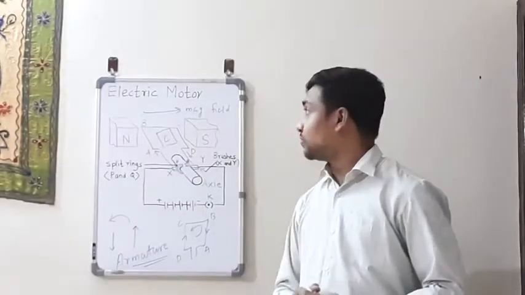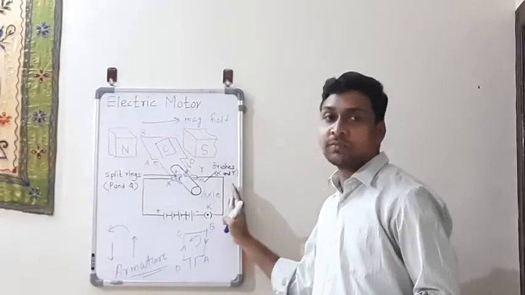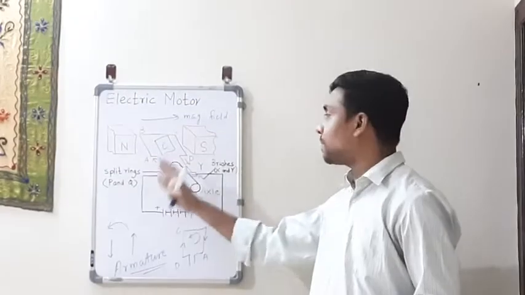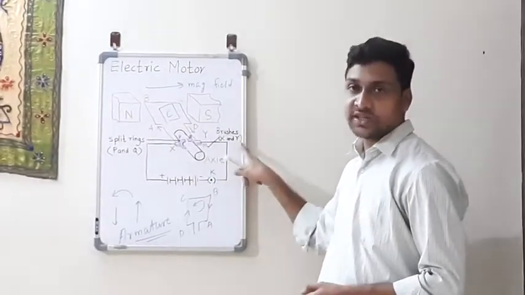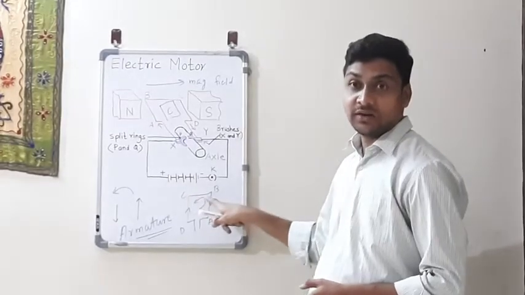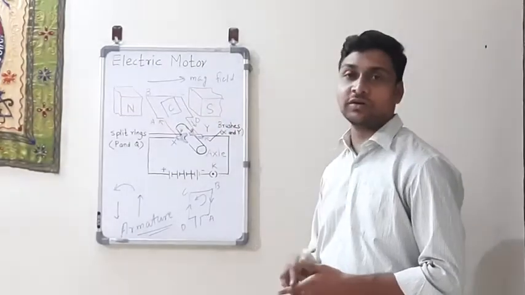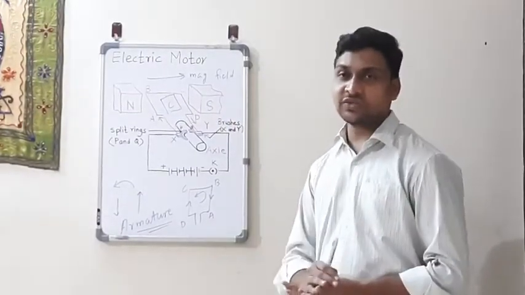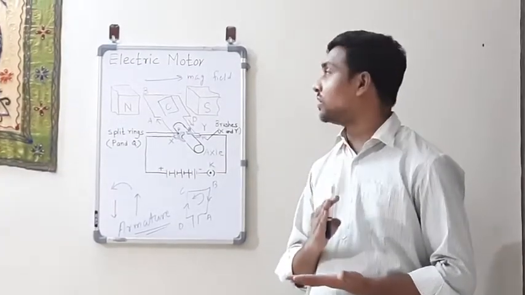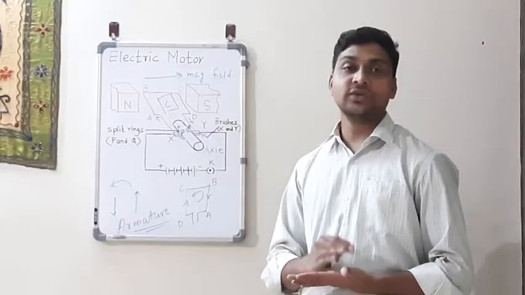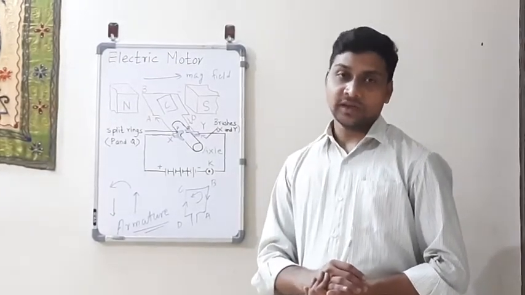Remember the working of the electric motor. First you should know the proper drawing of the electric motor, with all the parts: permanent magnets, rectangular coil, split rings, brushes, battery and key. You should practice the drawing of the electric motor, and then there are some basic questions you will already have learned, like what is the principle of the electric motor, or what is the working of the split rings. So different questions are possible on this. Thank you, all the best to you.